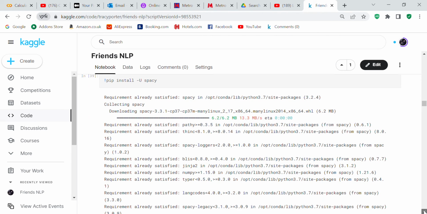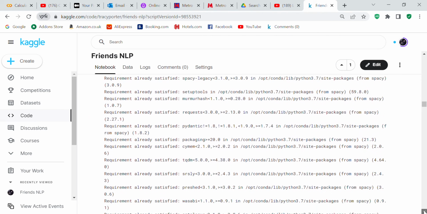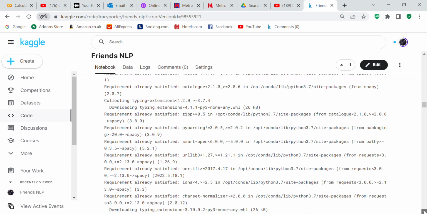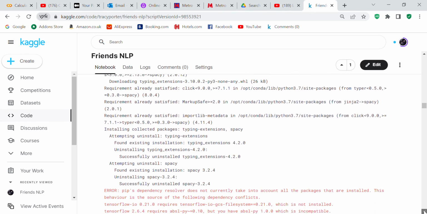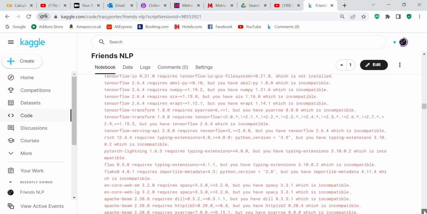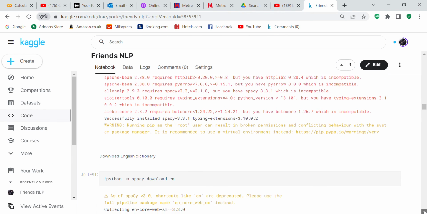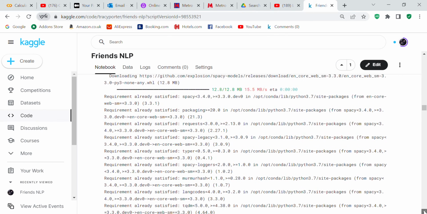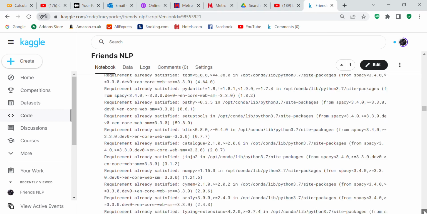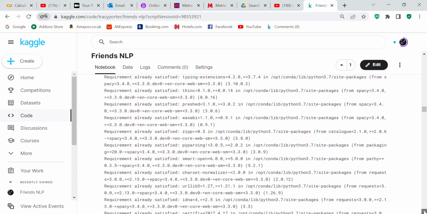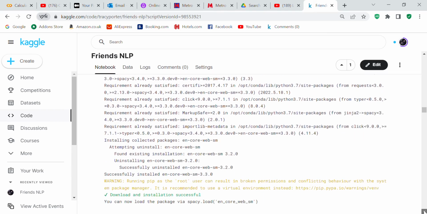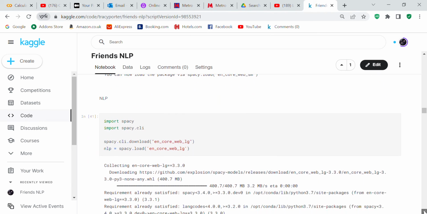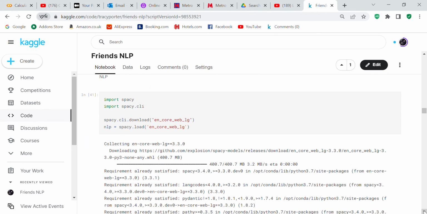So we have to install Spacy, because Spacy is not automatically installed in Kaggle. We're going to download the English dictionary in Spacy. So now we're going to do our natural language processing now that we've installed Spacy and the English dictionary.